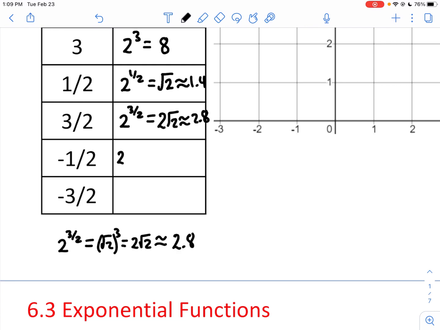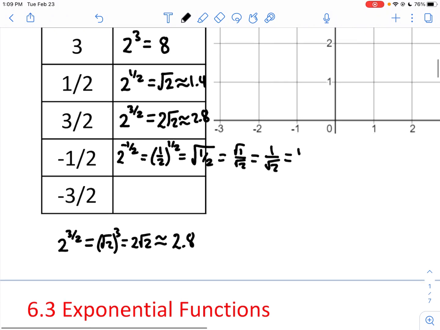Negative fraction powers. So if you have 2 raised to the negative 1/2, we do the reciprocal of the base and raise that to the positive half power. And that just means we're doing the square root of the base. And I can square root the top and bottom separately, so we could do square root of 1 over square root of 2, which just gives us 1 over radical 2, which I could also rationalize and multiply the top and bottom by rad 2. So I get rad 2 over 2,